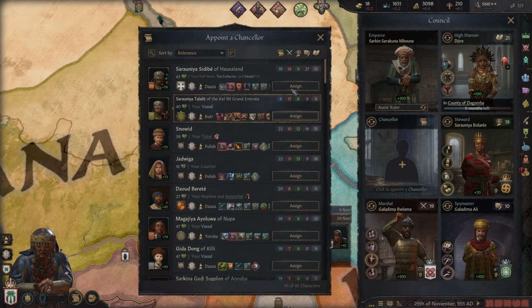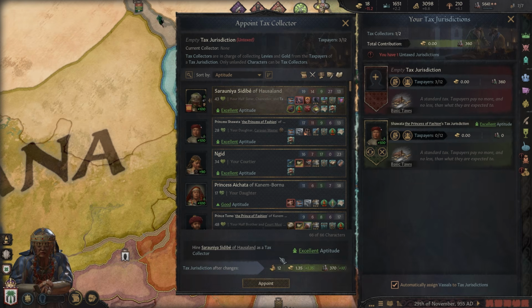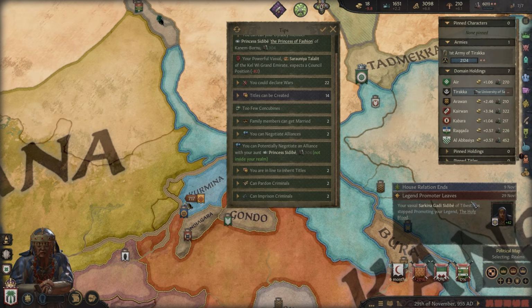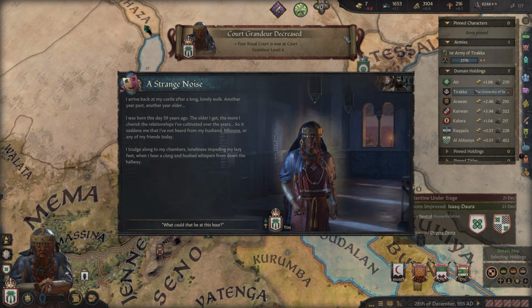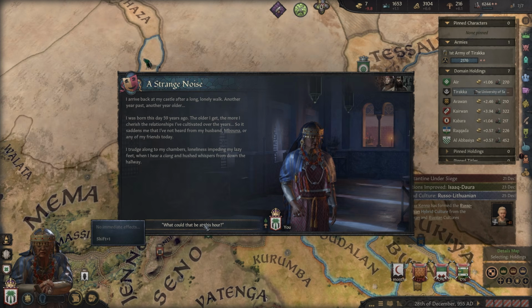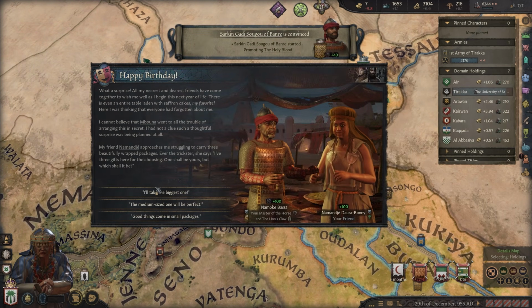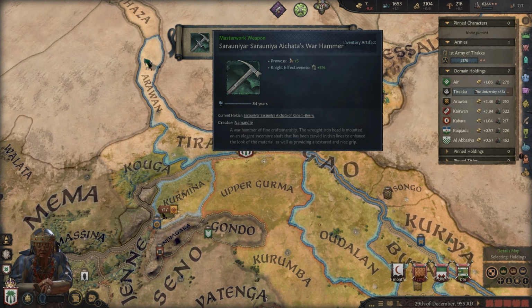I need a new chancellor. That's going to be my sister, who still loves me, even though I fired her. And then you. Wonderful. So we now have a little bit of money again, if only briefly, but that resets the number of years in debt. Strange noise. Somebody's holding us a birthday party. Right. Happy birthday. I'll take the big present. Thank you. I got a warhammer.